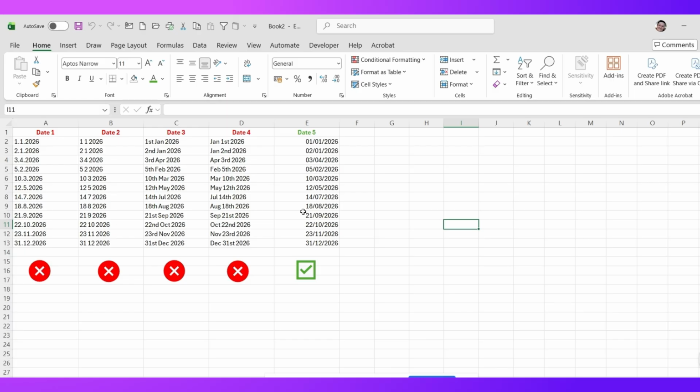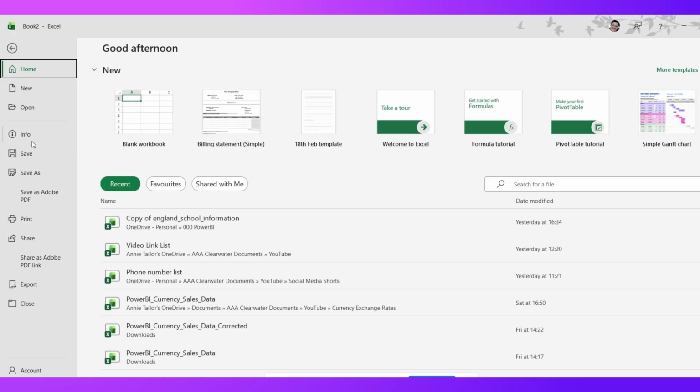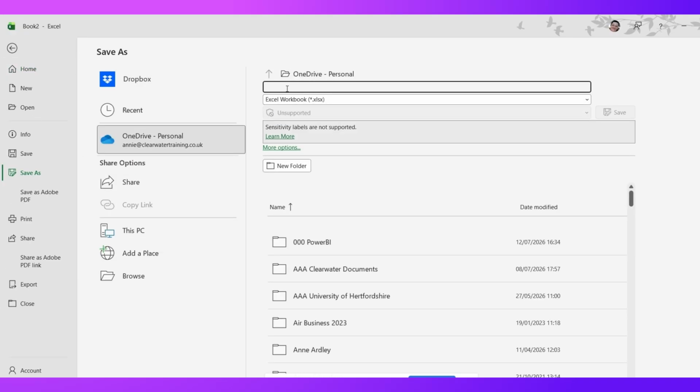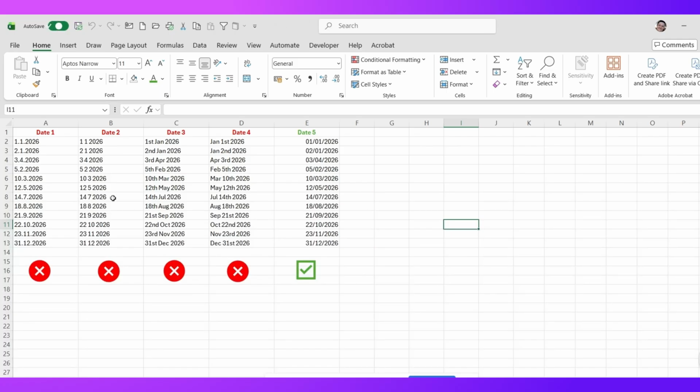fix them, but because potentially you are changing the data, I would make a backup copy of your spreadsheet before you try this. So the easiest thing to do, I think, probably is just to do a file and save as, and give it a new name and save it again, so that you don't accidentally overwrite any data whilst you're practicing these techniques. The first one I'm going to look at is the most common, I think, is this